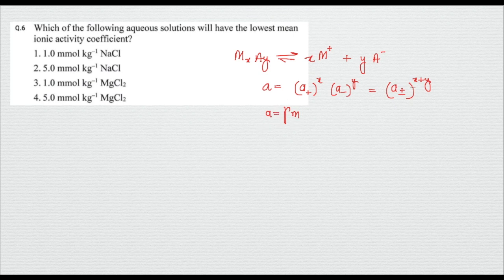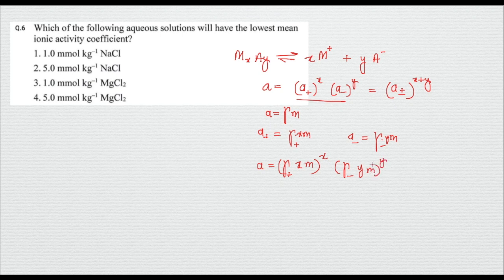So you can replace this thing over here, and first of all, let's write it for both of them. For the cation, the activity will be the activity coefficient of the cation into m, where m is the molality or the concentration, and A minus will be given by gamma minus into m. If you substitute the values, you get gamma plus, and there should be x also and y also, so you have to multiply these terms. So it will be gamma plus x m to the power x, and gamma minus y m to the power y.